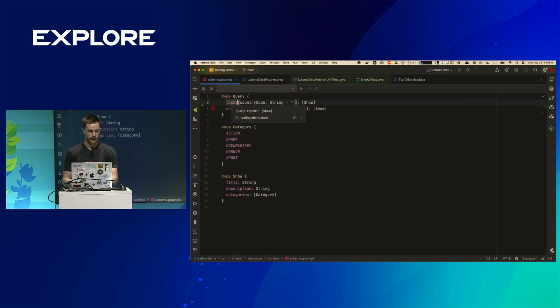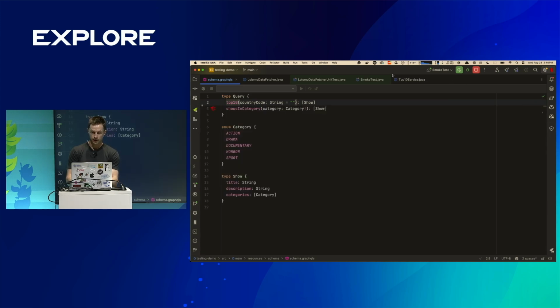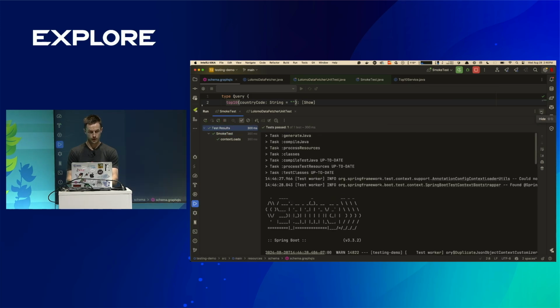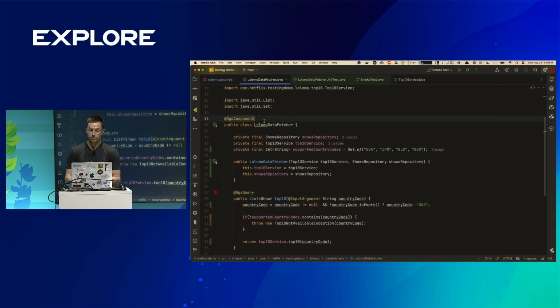Let's fix this bug at least. So let's verify that the smoke test is running in the meantime. Let's go. Okay, application starts. If I go back to my data fetcher and I introduce a completely different bug, I forget my DGS component annotation. Now you would think this is a very similar error, but actually from a GraphQL perspective,